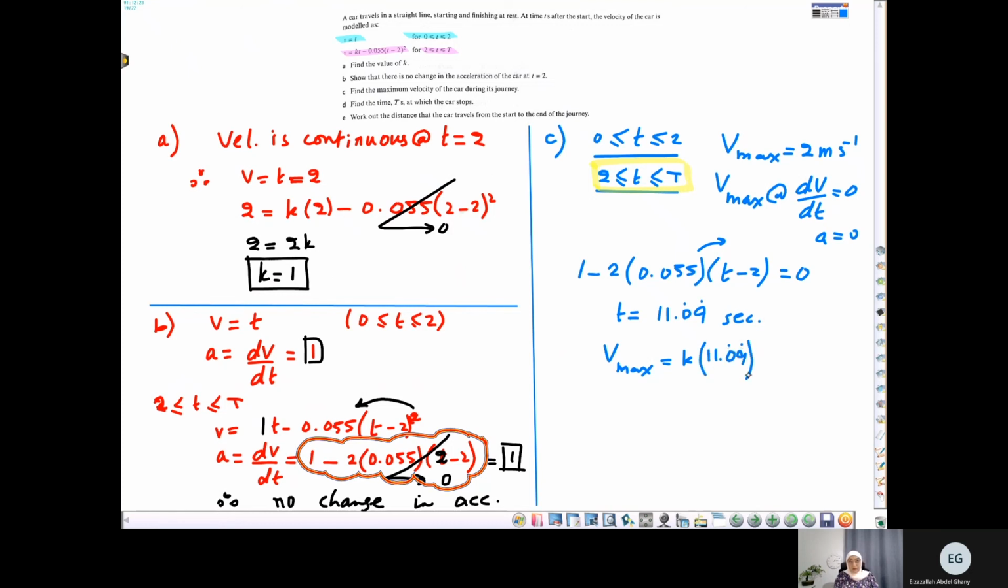Better you store it on the calculator. Okay, and then when you store it in store A, you just recall A, you get the value you store. You have 9 stores in your calculator. kt minus 0.055 close brackets t, which is 11.09 minus 2 whole squared. So when you find it out, remember that the k also, we got it before, k is 1. So final answer will be